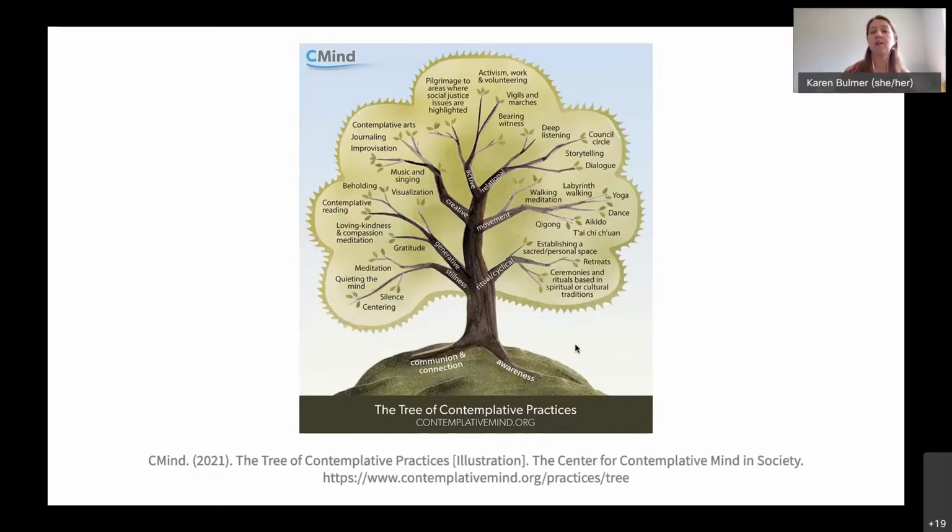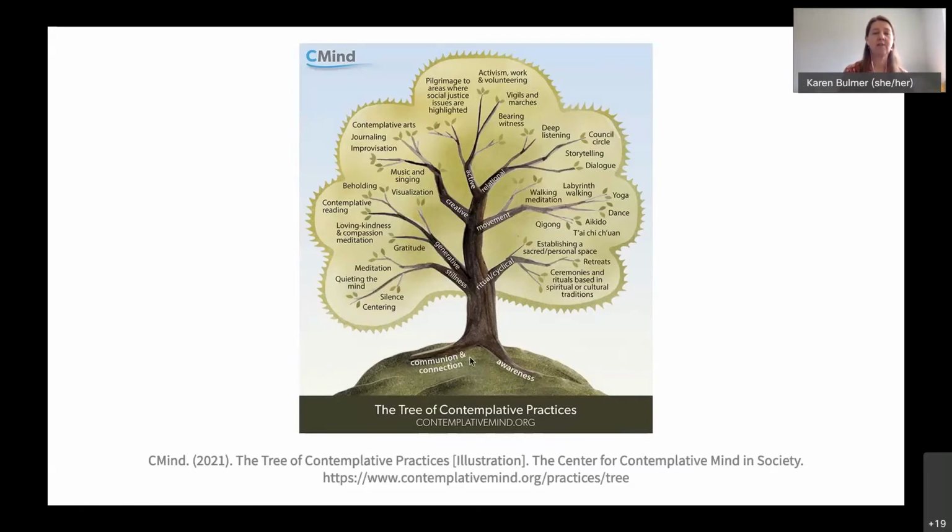What you might use in your own teaching has a lot to do with what you perceive that your students need or may respond to, and what your discipline is. In my case, I actually use quite a lot of movement-based contemplative practices in my teaching, because that seems to work very well in my discipline. I'm in music. And it'll also depend a lot on what you're interested in, what you're drawn to.